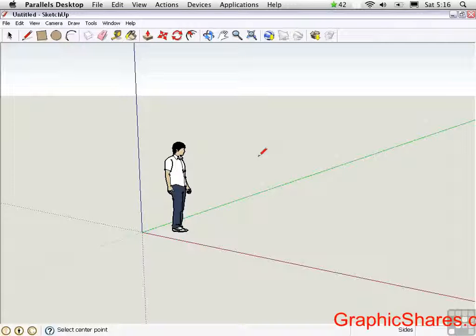Let's get started by touring SketchUp's user interface, both on the Mac and the PC version. I'm able to run both versions side by side because I'm running Windows XP in emulation on my Mac through Parallels Desktop. So you see this menu up here. If you were running SketchUp on a dedicated Windows PC, you would see the title bar at the top of